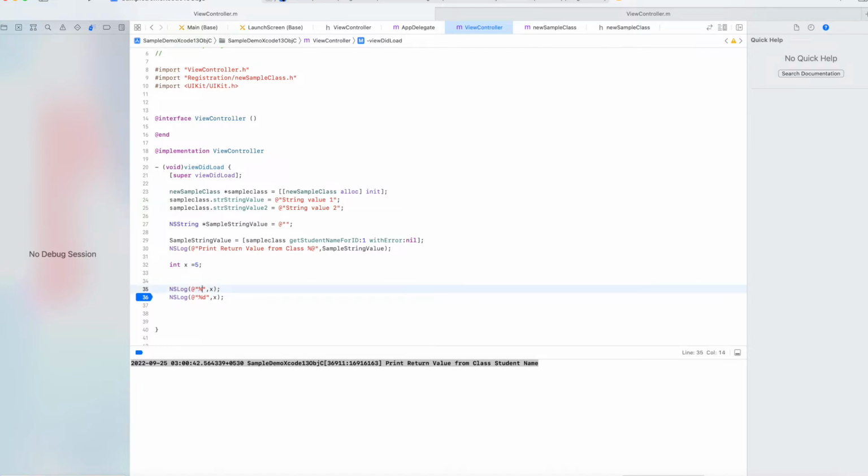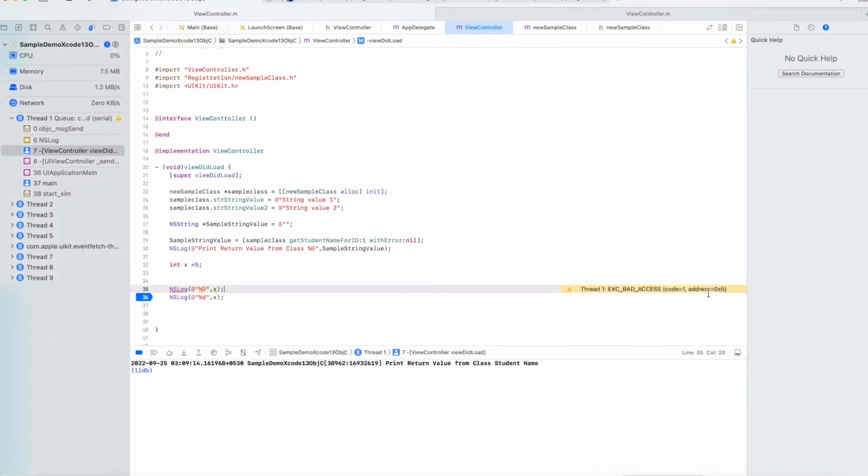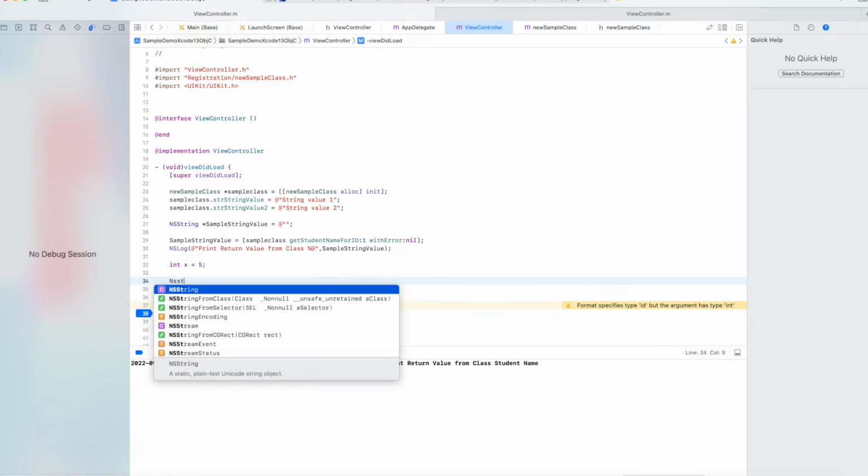If I want to print this one as a string, then it will throw a warning message that it's not typecast. Look at this: format specifies type id, but the argument has type integer, and the application will crash. Then how will we convert that one? Suppose in a string